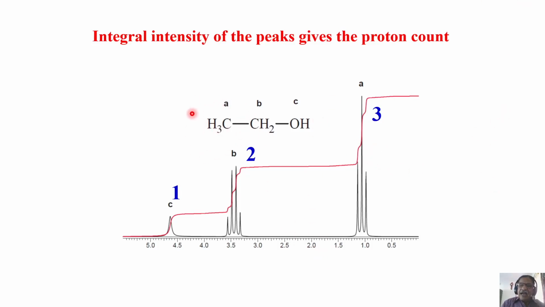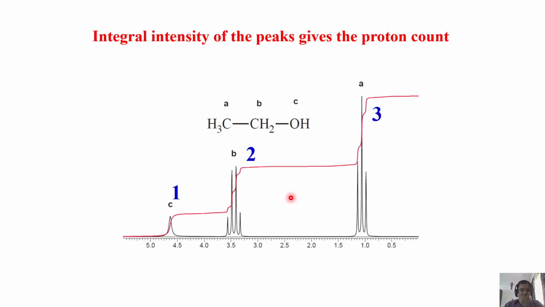And this CH3, as we have been discussing, is highly shielded, so it comes at high field. This CH2 comes next. This OH proton is directly bonded to this oxygen, so it pulls electrons from this proton. It is with an electron withdrawing group, an electronegative group. So it comes here.